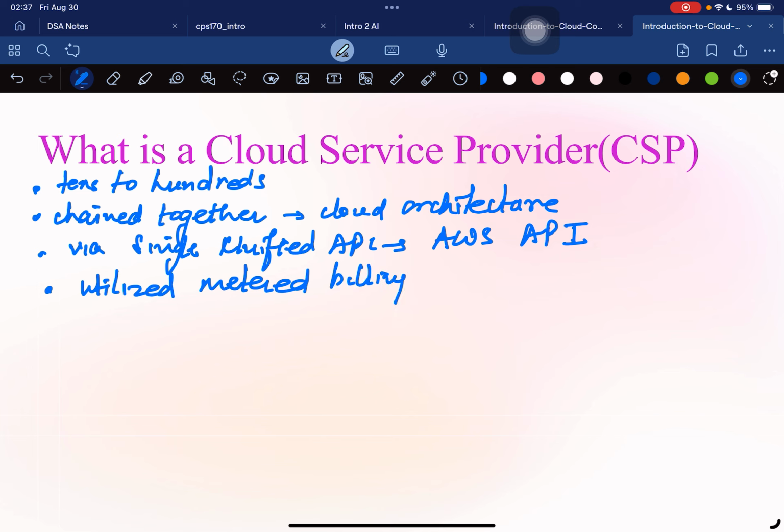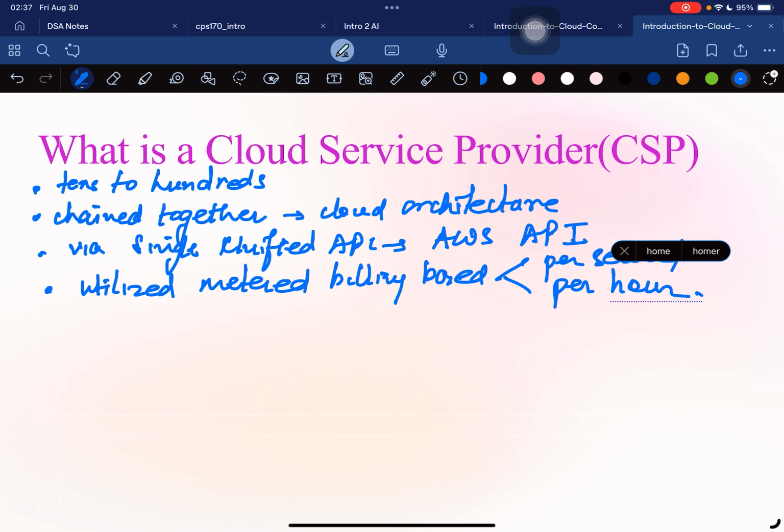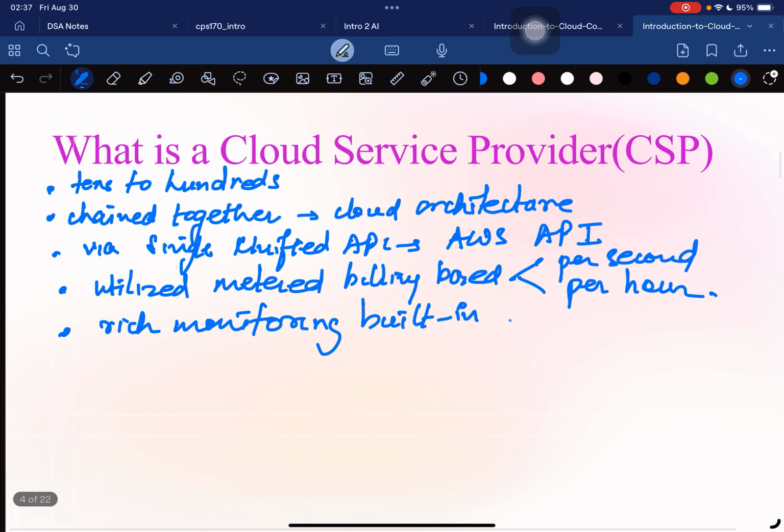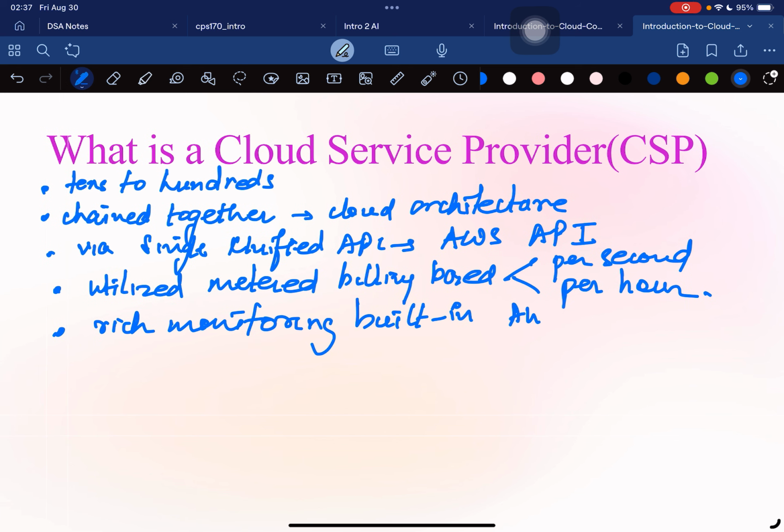And this is based on your usage. Usage could be per second, it could be per hour. Can you think of something else? Yes, they have rich monitoring built in. So if something is going wrong, it can be monitored easily. So in AWS, Amazon Web Services,